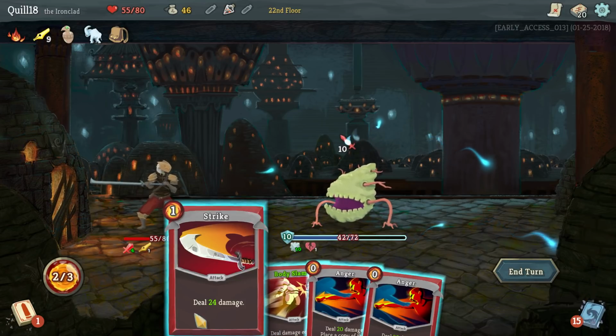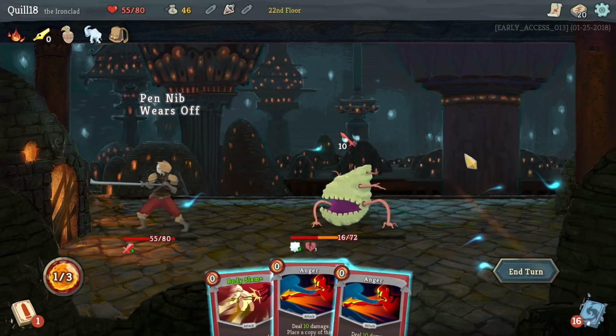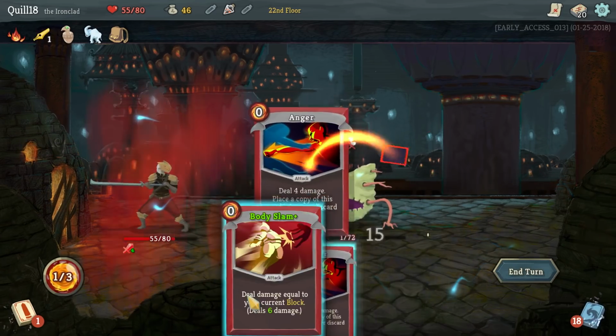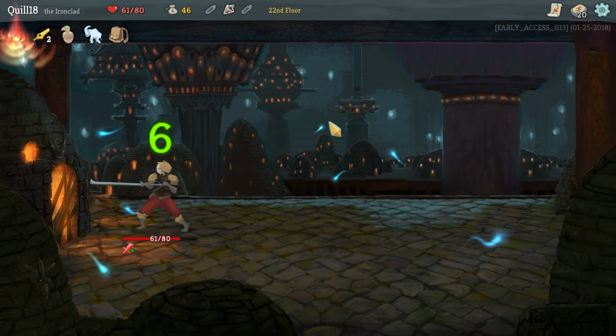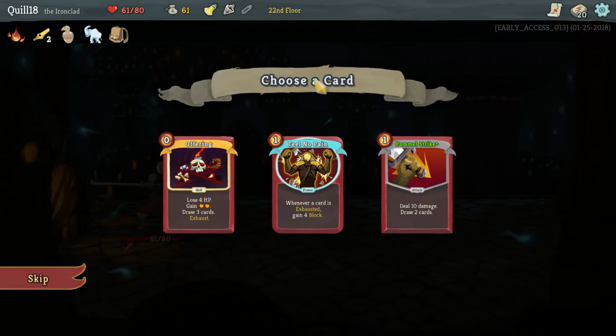Yeah, I really don't have a lot going on here. Well, we'll strike... Oh, we got Pendib going on. Double damage. Oh, good. We got the kill. Whew! Alright. An energy potion, and...